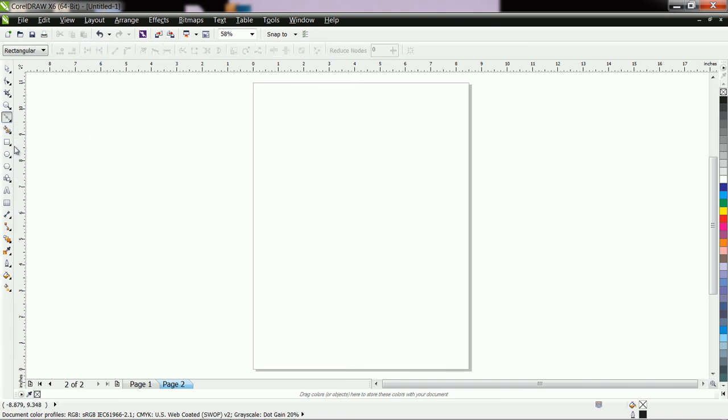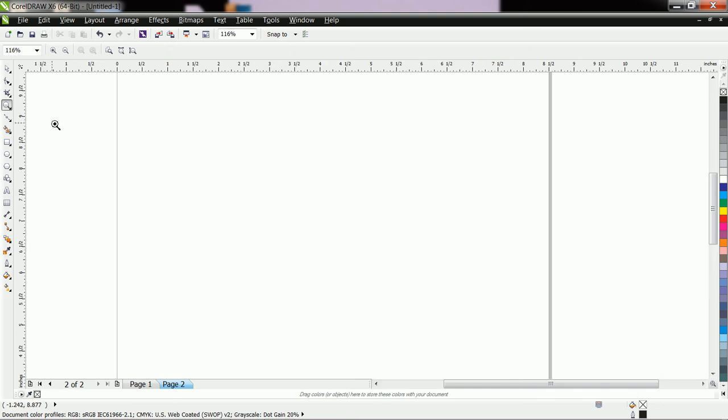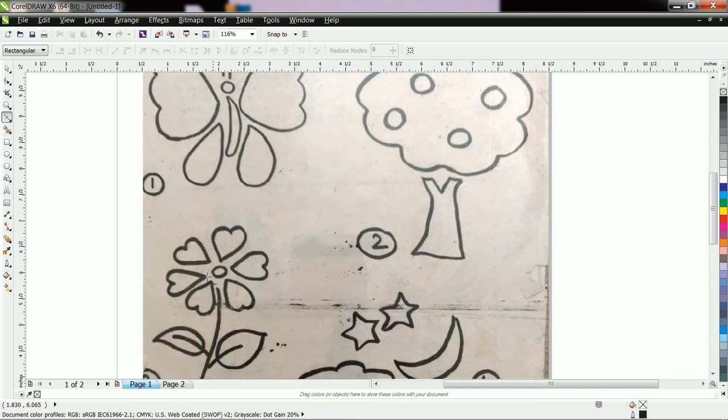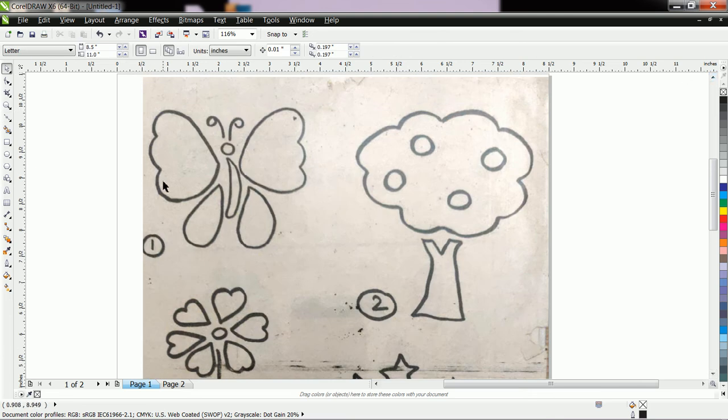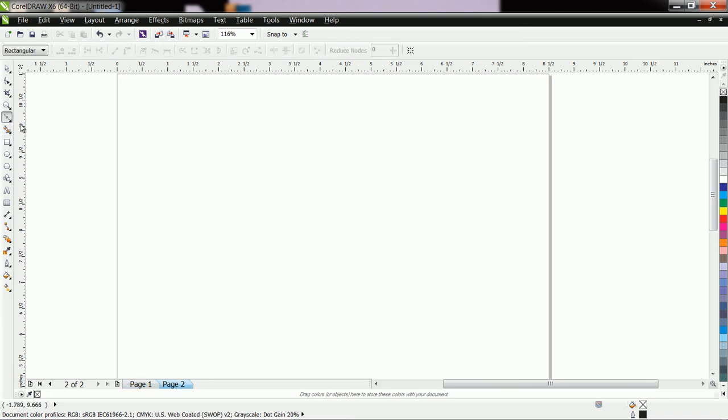Here I use Bezier. First zoom the area. Okay, then I want to draw this shape. If you don't know how to draw, if you don't know drawing, then also you can easily draw this shape. Simply click on Bezier and click like this. Okay, now this shape is created.